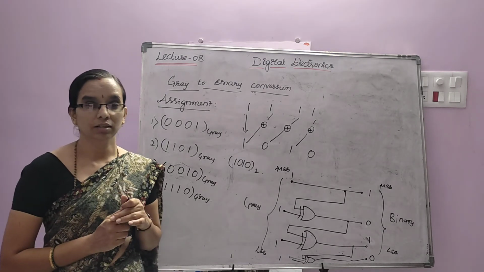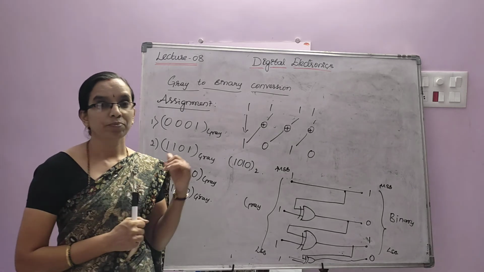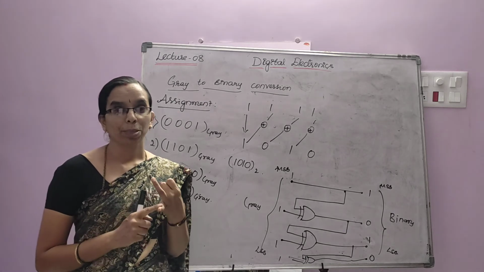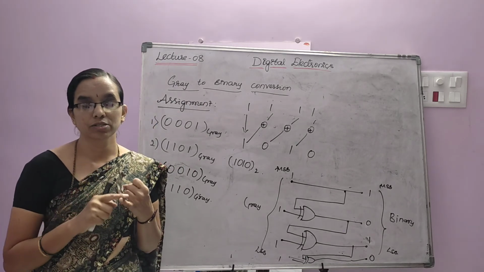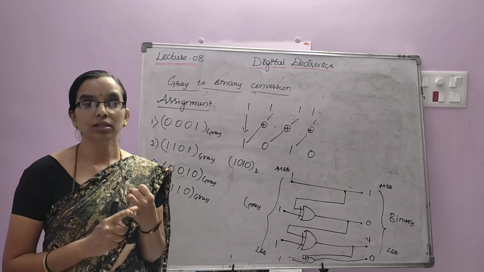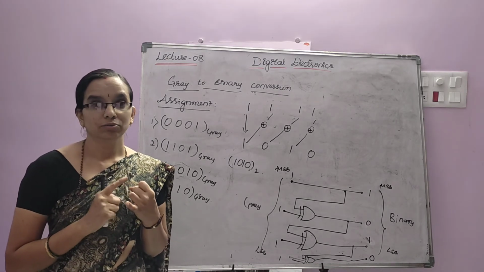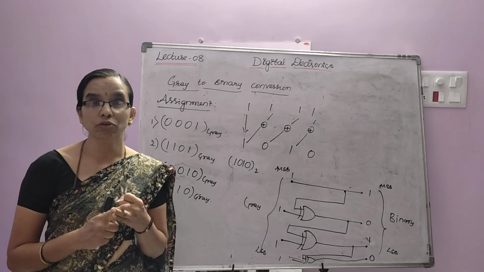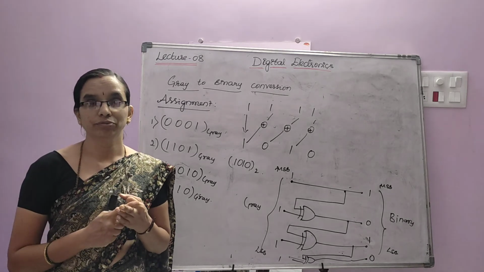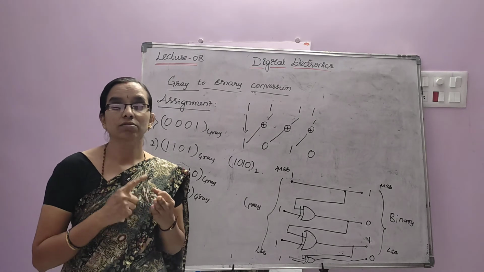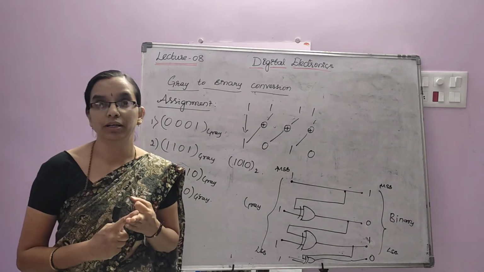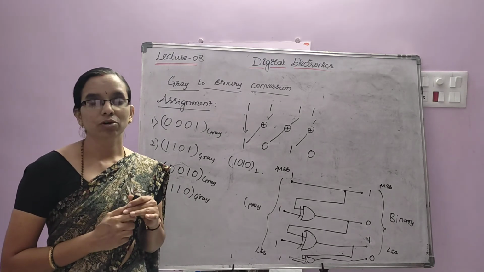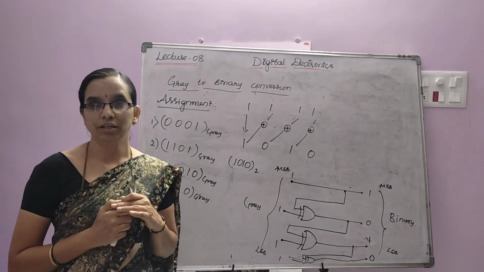Next, we'll continue with the alphanumeric codes. Till now we have studied numeric codes. What in all numeric codes we have studied? First we studied BCD, that is 8421 code, which was a weighted code but not self-complementary. Then we studied XS3, which was self-complementary but non-weighted, and we went for 2421 BCD code, which was weighted as well as self-complementary, and the fourth one we studied, that is gray code, which is not self-complementary and also not a weighted code.